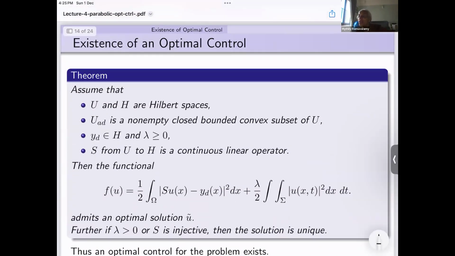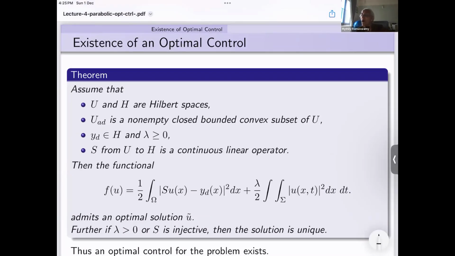If U and H are Hilbert spaces, and U_ad is a non-empty closed bounded convex subset of U, and y_d is a given vector in the Hilbert space H, and lambda is some parameter greater than or equal to 0, and S is a continuous linear operator from U to H, then this functional F, this is our functional, where we have written the solution y as a function Su,